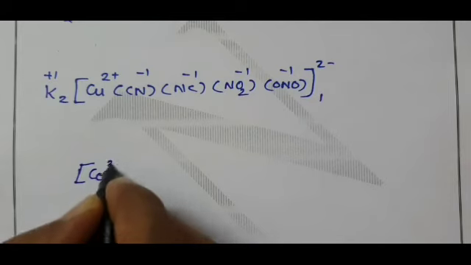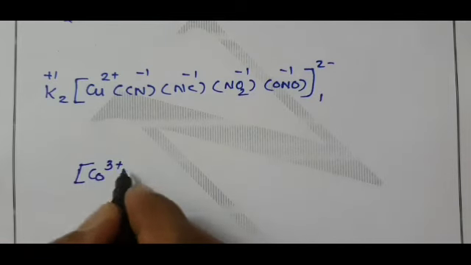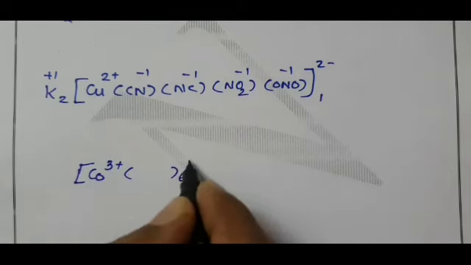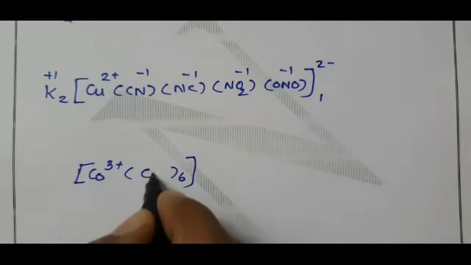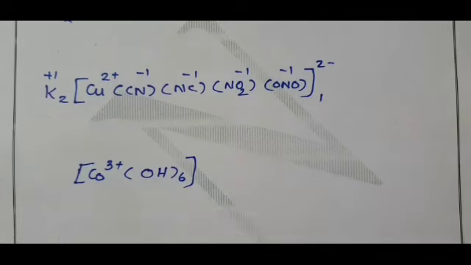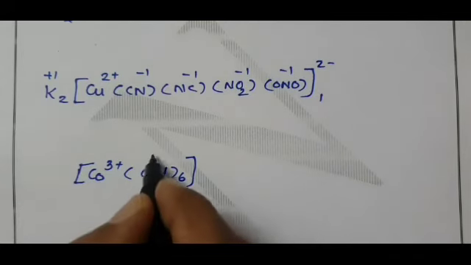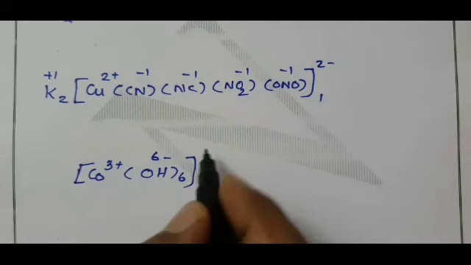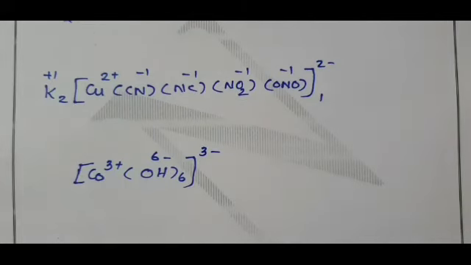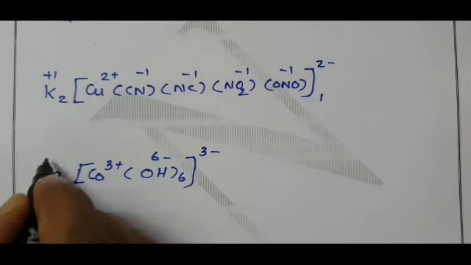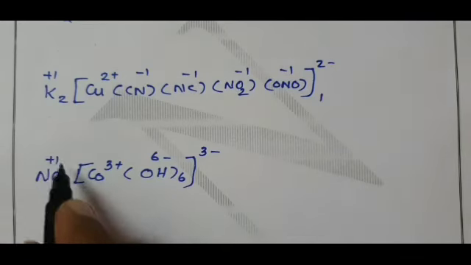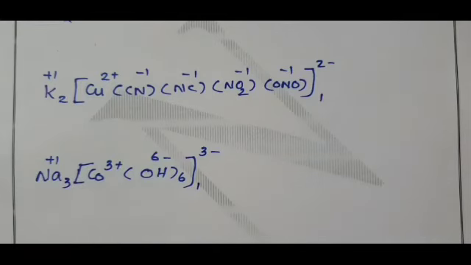3 plus ion. Coordination number 6, first write 6 monodentate ligands. OH minus, negative ligand. 1 OH, 1 minus, 6 OH, 6 minus. When you add these two, you will get 3 minus on the complex, that is neutralized by adding 1 sodium, which is monopositive. Cross the valency, that 3 is here, this 1 is there. Correct? Then come to